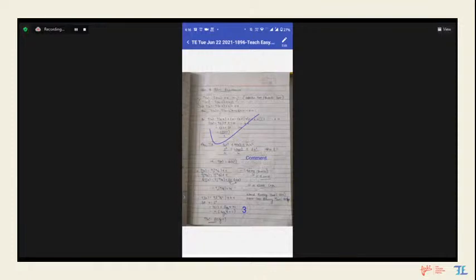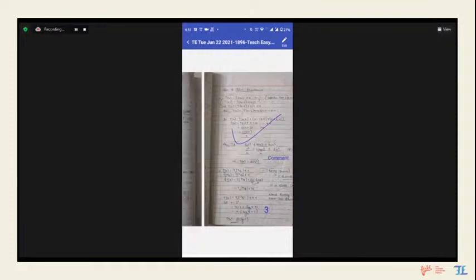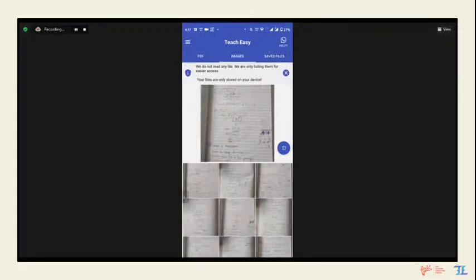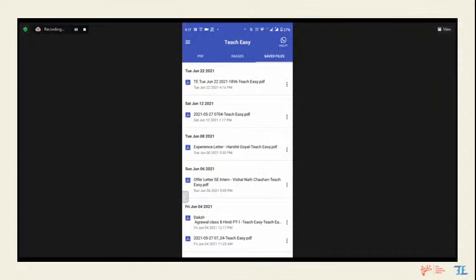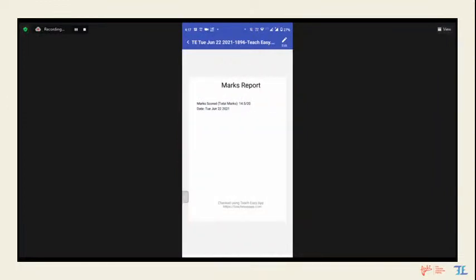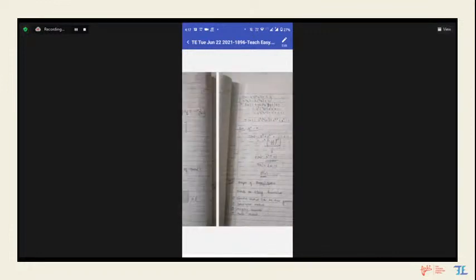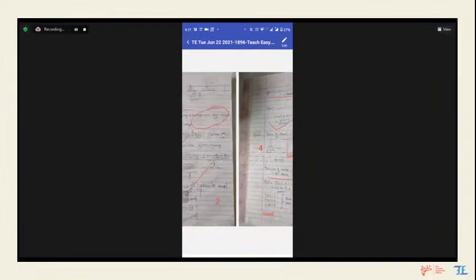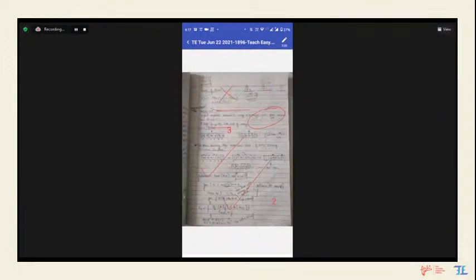So whatever you did as markings on the file, on the images, right? How we started was we started with images, single images, but Ttz created a single file for you and then gave you the options to write, add comments, give marks, and it even auto totaled the marks for you and created a marks report. So at the end, this marks report is now generated and you can see the date and the total marks. So this is how the whole app works, and this is what I have to share for Ttz.